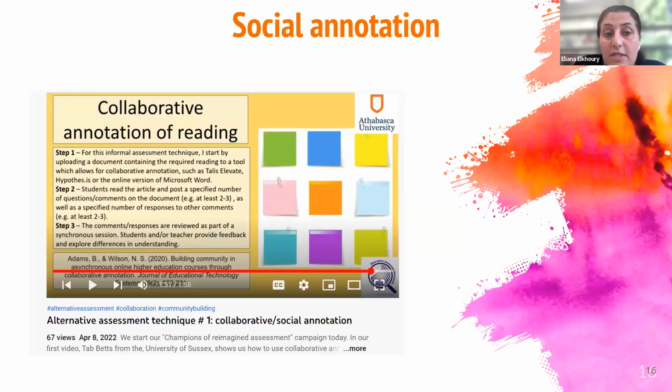A collaborative annotation of reading. You can put a document that you want your students to read on, for example, Google Doc, which would be the easiest, but there are other tools like Hypothesis, for example. You put it there and the students go and annotate. What I also like is a collaborative annotation. So each one annotates their ideas, and then they annotate on each other's ideas. And then the assessment would be a